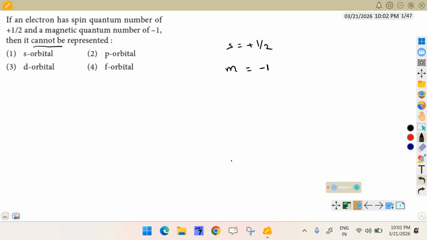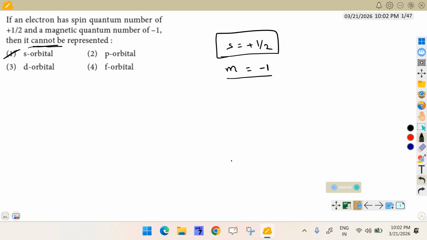Given that an electron has spin quantum number of plus half and magnetic quantum number of minus 1, then it cannot be represented. Spin quantum number is given as plus half. We know that spin quantum number does not depend on any other quantum numbers, and magnetic quantum number is given as minus 1. It cannot be